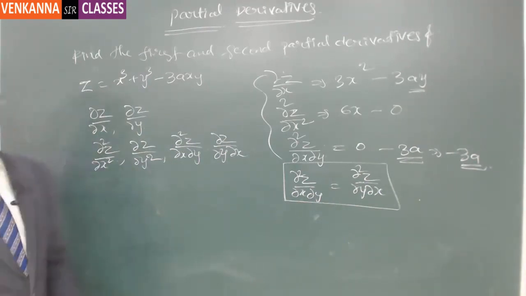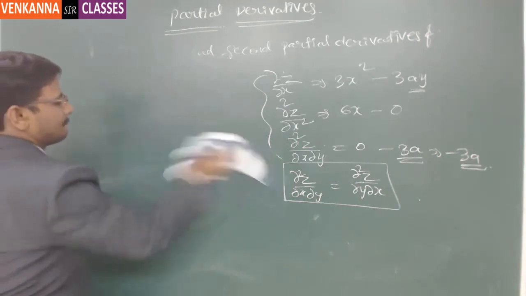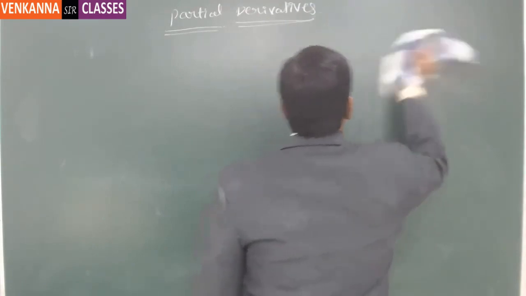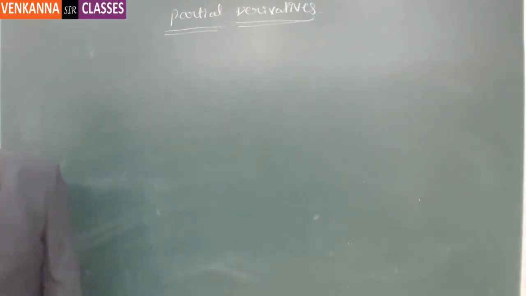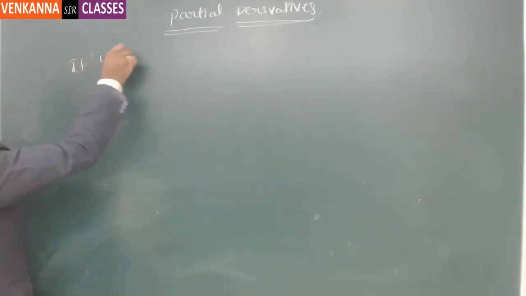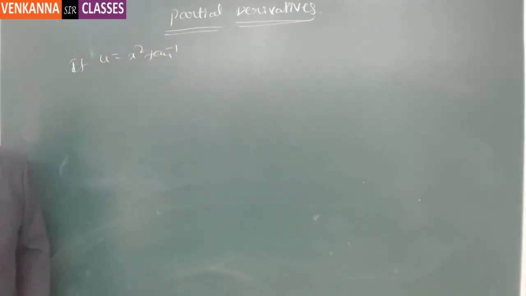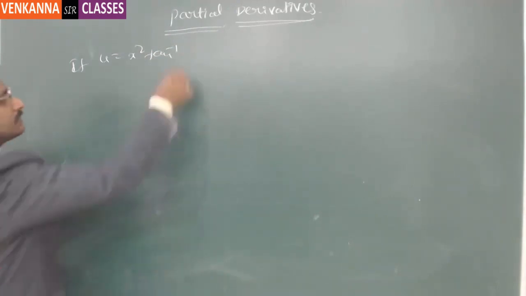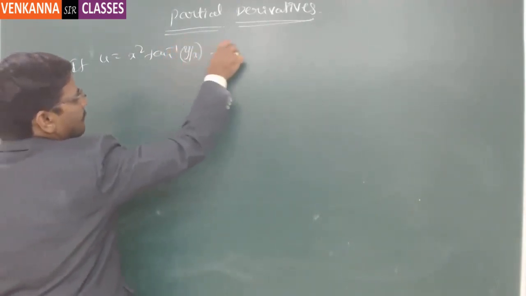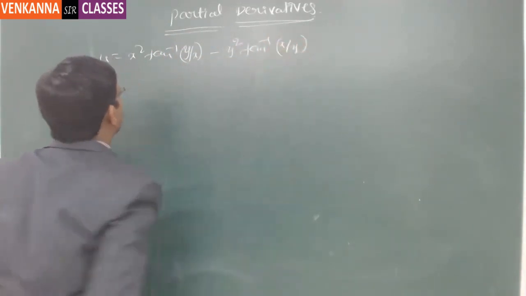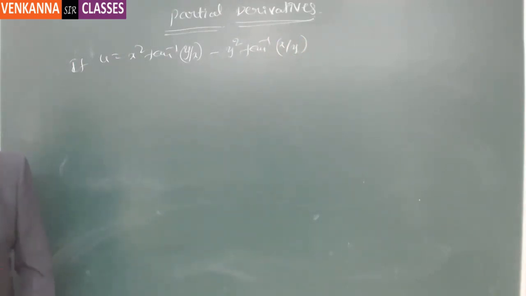Note down one more. U is equal to x square tan inverse of y by x minus y square tan inverse of x by y. So if U is equal to x square tan inverse y by x minus y square tan inverse x by y, show that